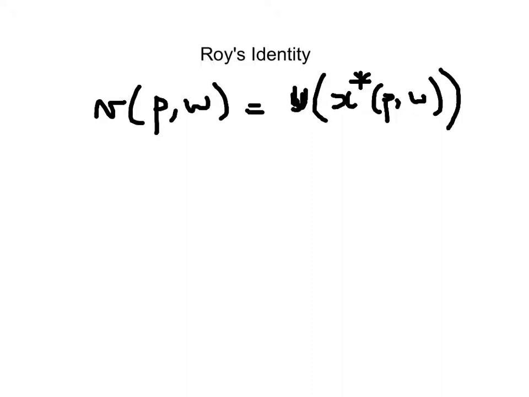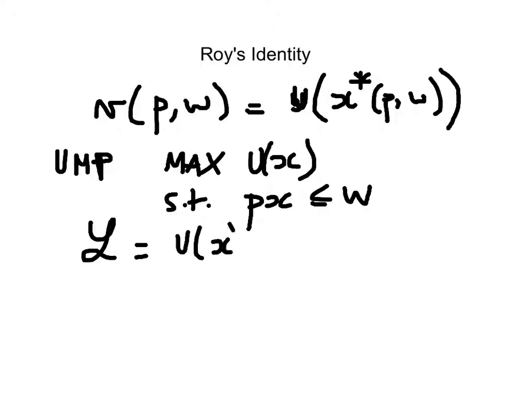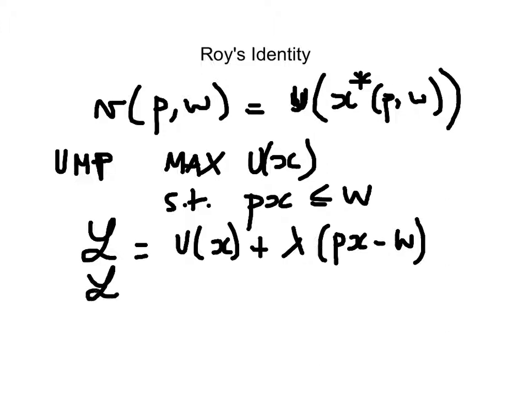So if you remember the utility maximization problem, we were maximizing utility such that the bundle is in the budget set. So the Lagrangian function is simply u of x plus lambda times (px minus w). The partial derivative of the Lagrangian with respect to prices